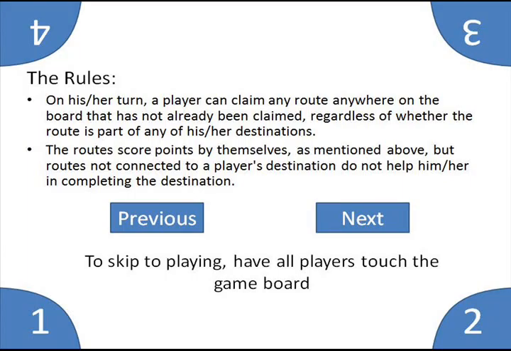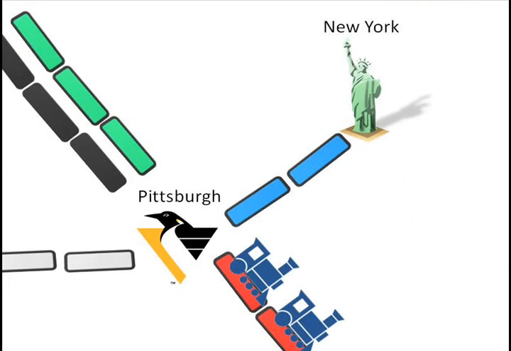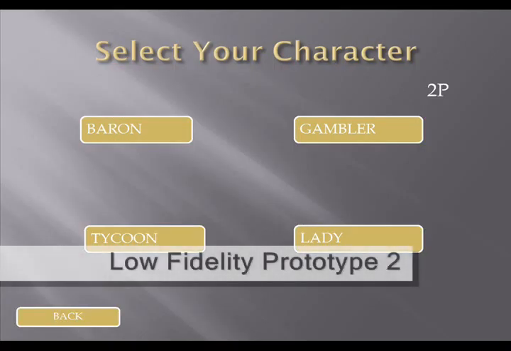In my LFP, which I created using PowerPoint, I focused on making the game easy to learn and play. I had the idea of previewing the game rules before starting the game for new players. To keep the game moving quickly, all 4 players can collectively skip the rules by touching their side of the board. Also, to increase readability of the game, I chose to use images to represent the different cities. This makes locating them much easier, especially for unfamiliar players. I did, however, run into issues of hiding each player's cards to prevent cheating.